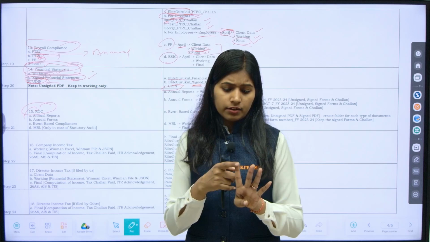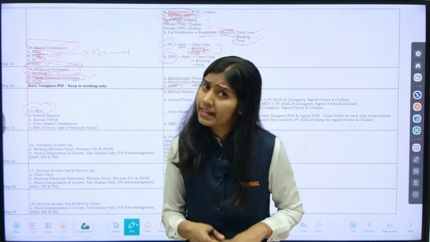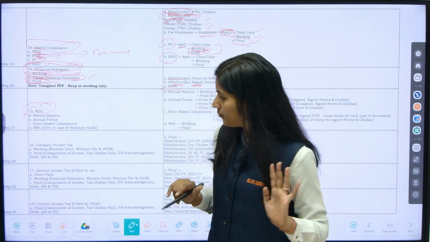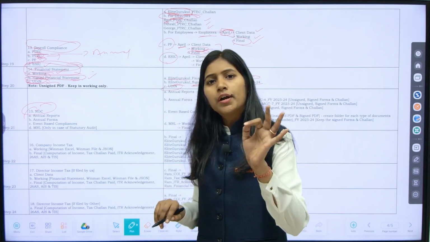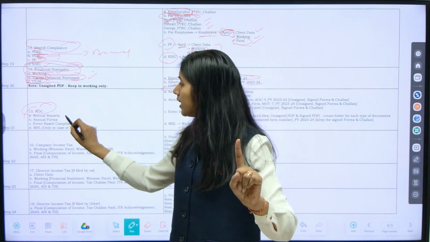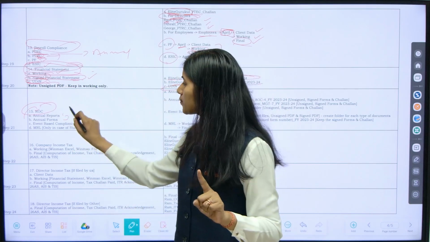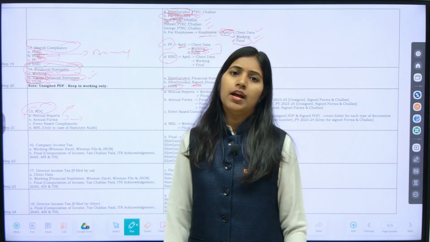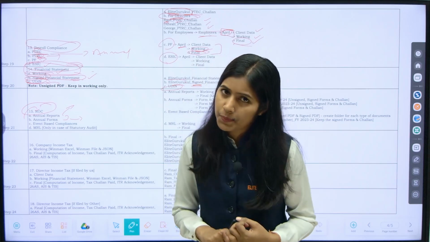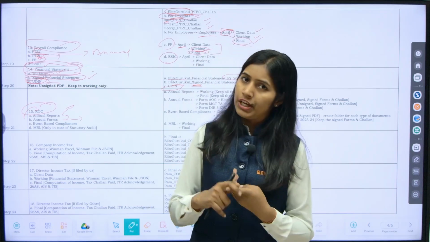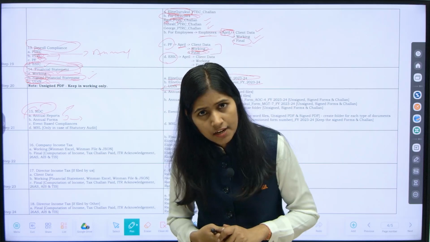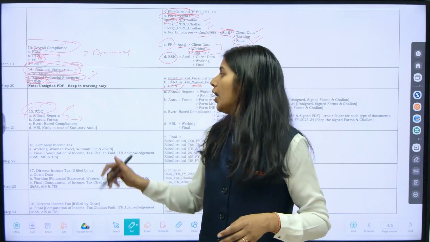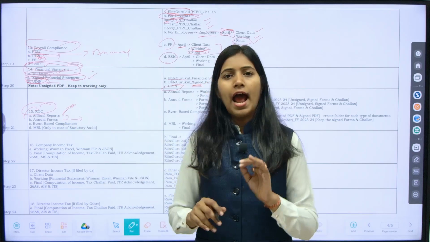DPT3 filing is also mandatory, and MSME is also included in it. So I'll tell you how you are supposed to do it. Annual forms means those you file only once in a year. There are two different folders kept here: one for annual report, another for annual forms. Annual report means director report, auditor's report, director's list, shareholder list. If you have done CSR, then CSR form details will be there, or any other additional information which you wish to give to ROC. You have to keep all the reports here under annual report.